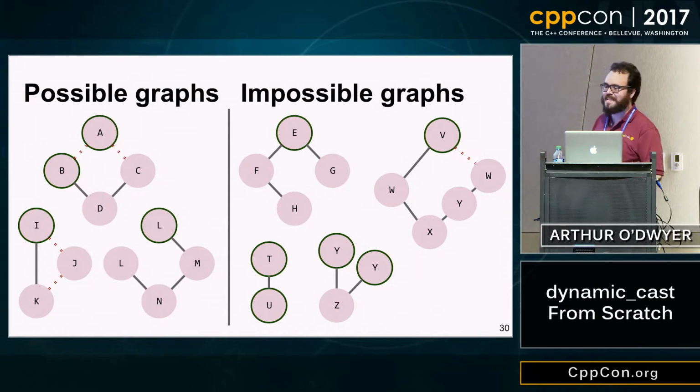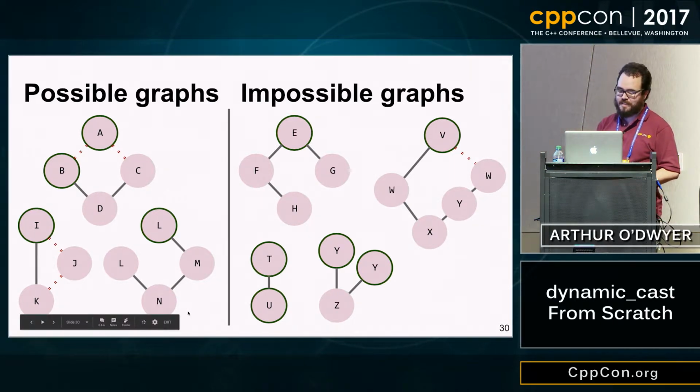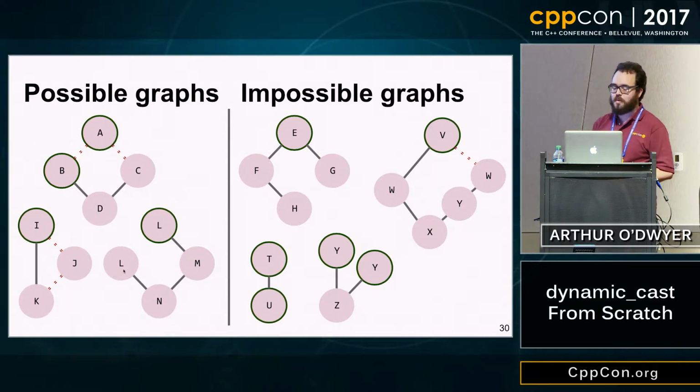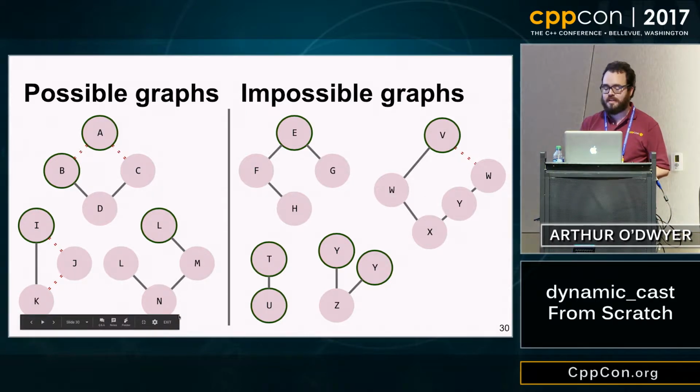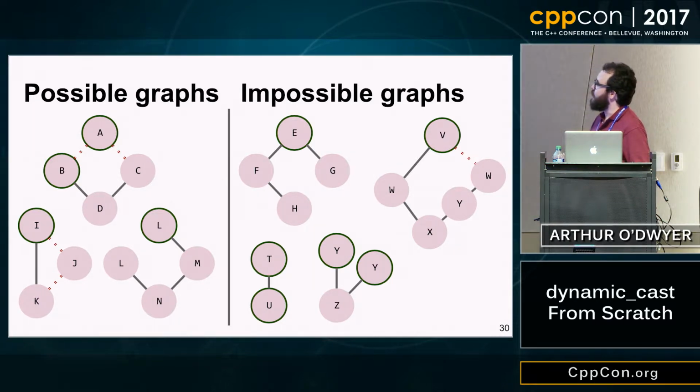And if we had time for guessing games, I would not give you the solutions to these, but in the interest of time, I'll just put here's some possible graphs, here are some impossible graphs. So these are all possible. Here's an example of Gaspar's point about having a virtual base L and a non-virtual base L in the same class layout. And over on the right-hand side, we have EFGH, where it's reasonable except that G has no business